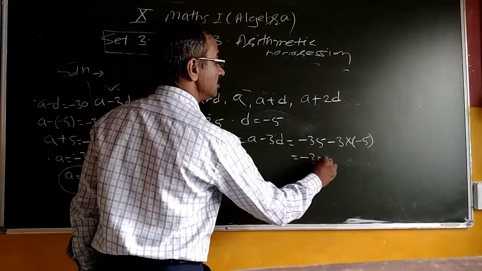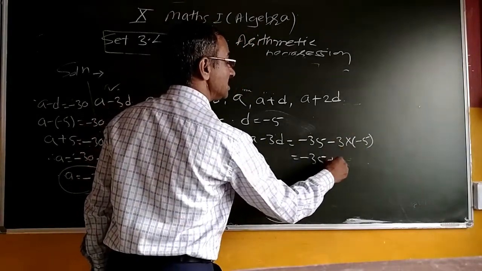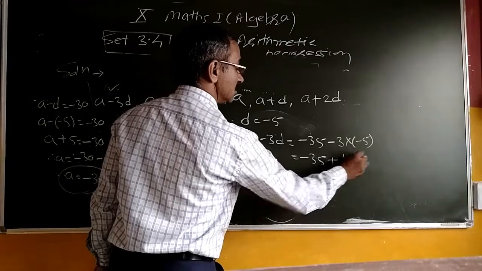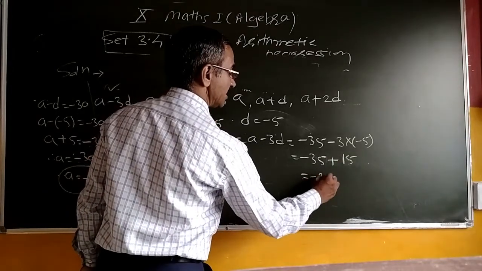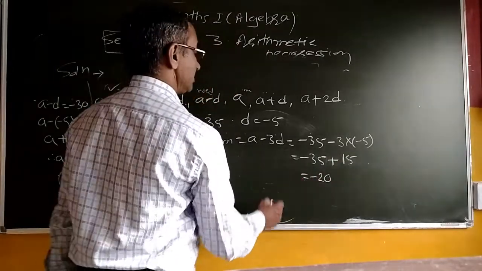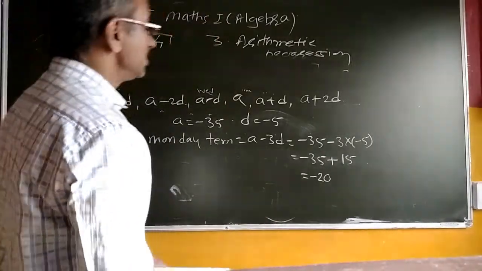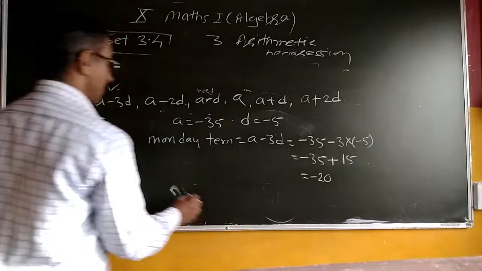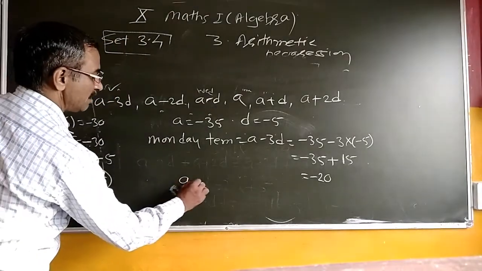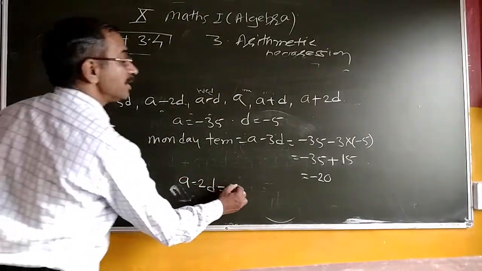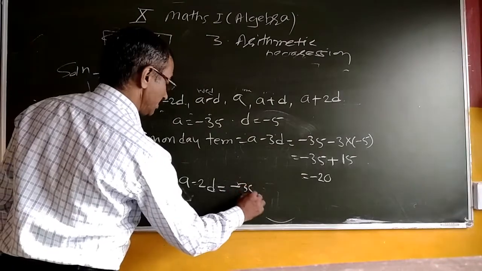So minus 35 minus, minus becomes plus, that is 15. So it is minus 20, the temperature of Monday. Then the next day, that is A minus 2D. By putting the values, A is equal to minus 35 minus